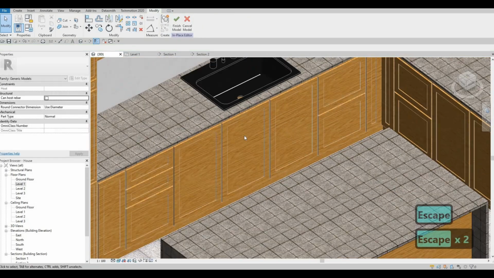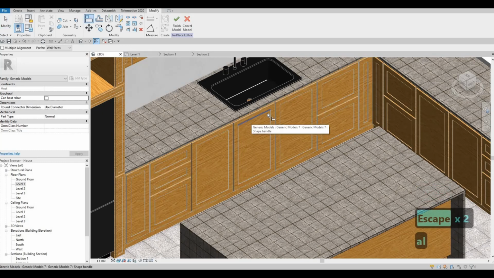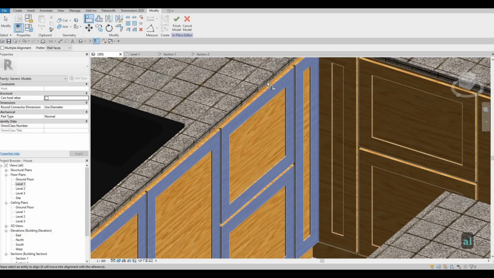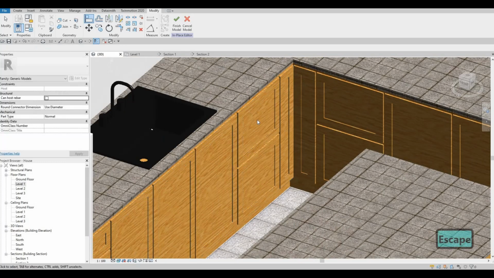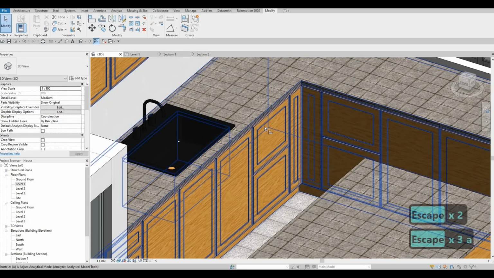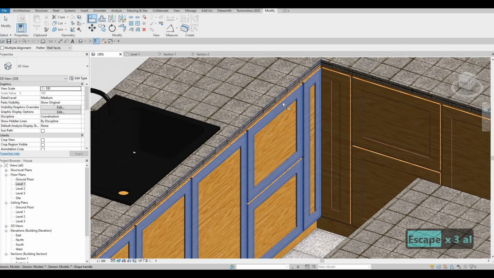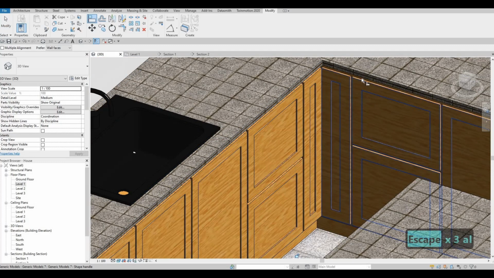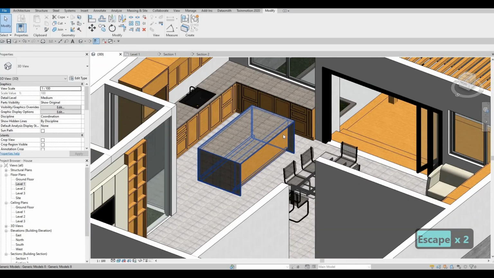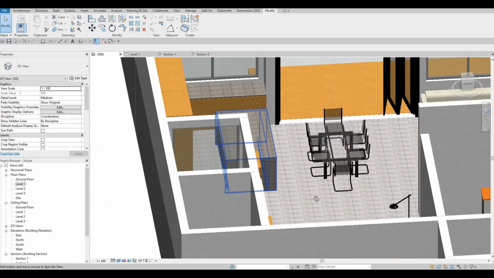Also here we're going to align it on this face for some of this. Click finish first, AL. Let's just move it so that everything is aligned. And then here